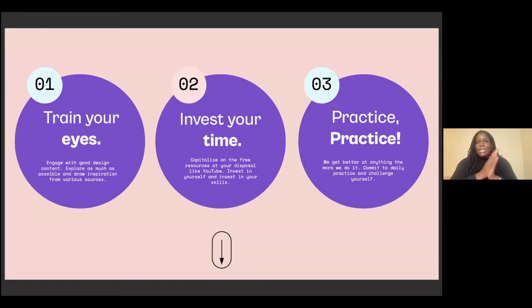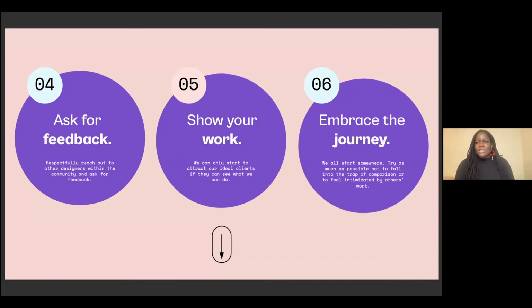The fourth thing is to ask for feedback. And it can be very scary for a lot of us, especially when we're starting. I know that this is something that I lacked personally because I didn't actually know that you could reach out to people, right? I was just like, oh, everyone's just going about their day. I don't want to stress them out by saying, hi, I follow you, and I was just wondering, could you help me with A, B, C, and D?